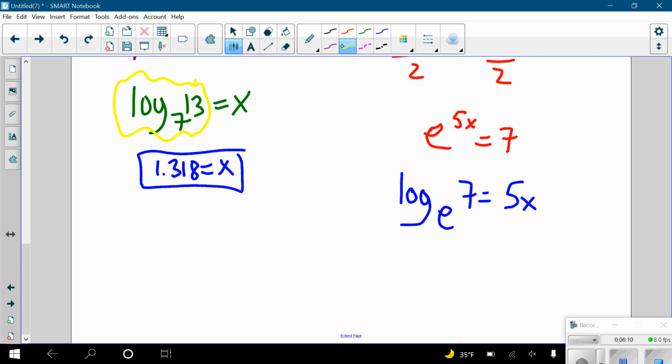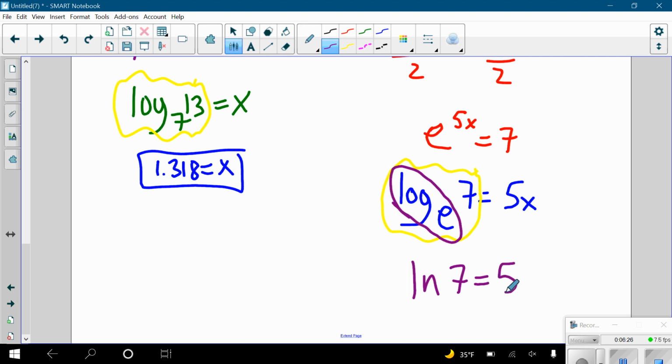Cool. This is a number. I can type this in my calculator. The easiest way to type this in your calculator is to notice, log base e, oh yeah, there's that different thing for it. Natural log, ln. Okay, so change that log base e to an ln. Then when you go and type in your calculator, you don't have to even use the log button, you can use that ln button. If you have a TI graphing calculator, that ln button is right next to the 4 key. Okay, so right to the left of the 4 key, that ln, just type ln 7. You should get out